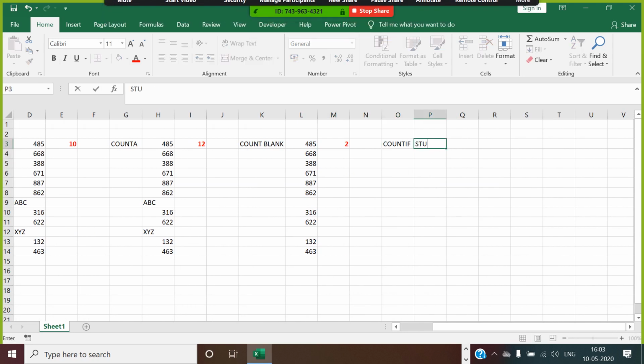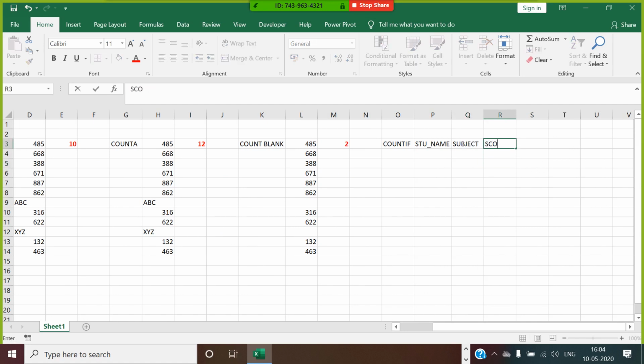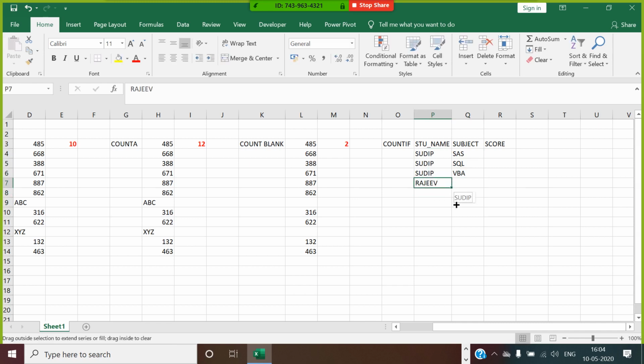Let's say there is a student name, subject is given and the score is given. Now student name is, let's say, Sudeep. Sudeep is given for SAS, SQL and VBA. Same way Rajiv is given here, which is for SAS, SQL and VBA.